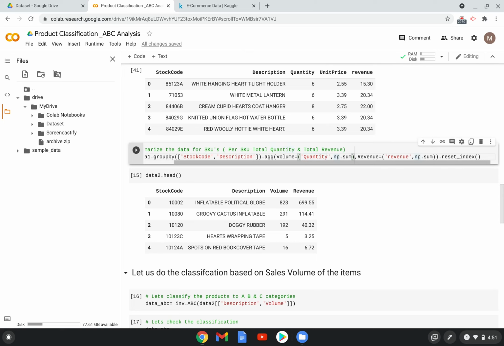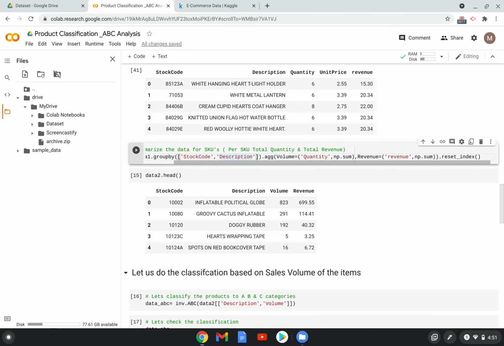So we are adding up all the quantities for each stock code and description. For each SKU ID there is a description, so we can consider it as one column, right? For each SKU code we are getting the sum of quantity and sum of revenue. That's it, guys.